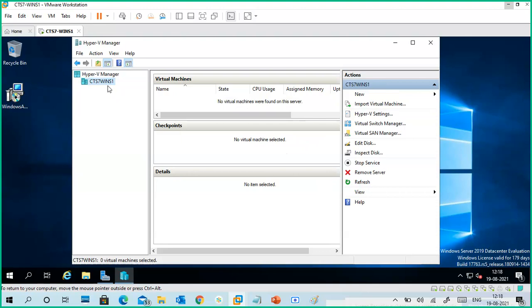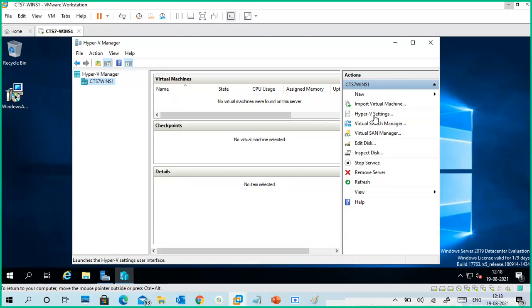This is my server, my computer name. You can see here that no virtual machines are running. On the right side you can see the Action menu: New virtual machines, hard disk, floppy disk. We can create them. You can import virtual machines from a remote location or from hard disk.